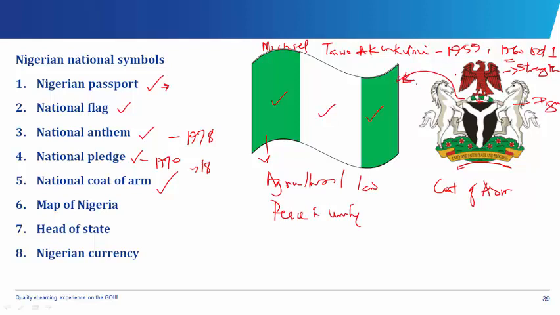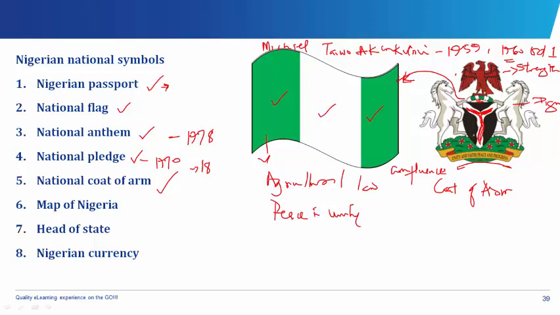is green, white, green. Then this black portion with these 2 objects, these are the 2 rivers, River Niger and River Benue. This is River Niger on this side. This is River Benue, and they flow down into the Atlantic Ocean. And in the previous chapter, I told you that the point where these 2 rivers merge is called the point of confluence. Okay, and this is in what state? Should never forget, it's in Benue State. Okay, so that's our confluence state.